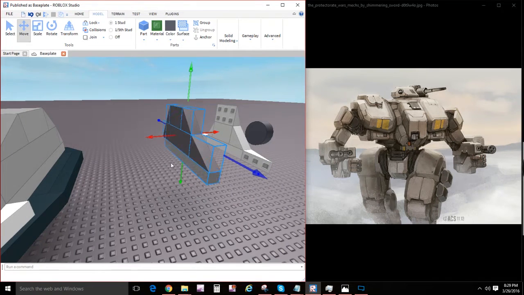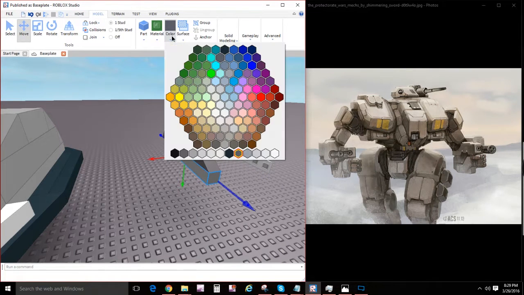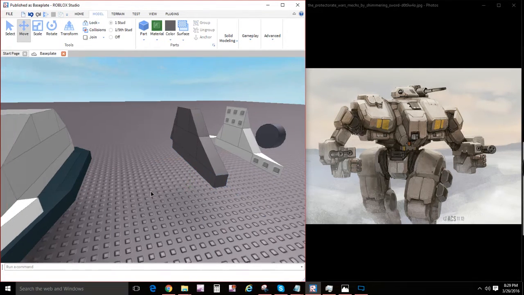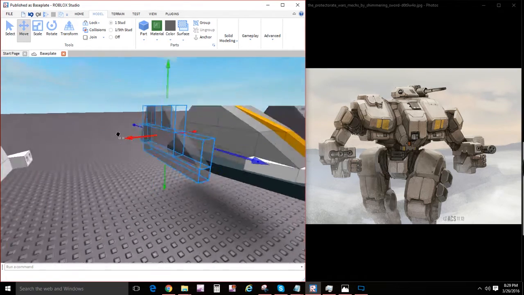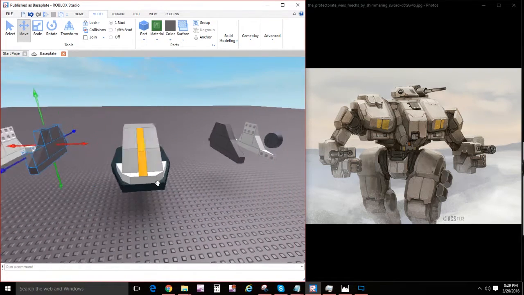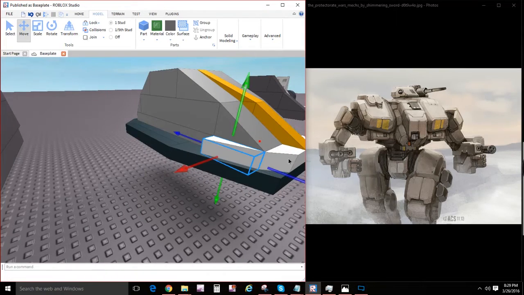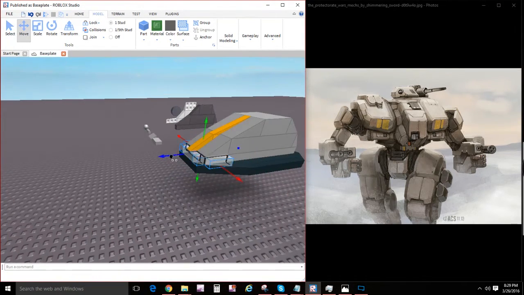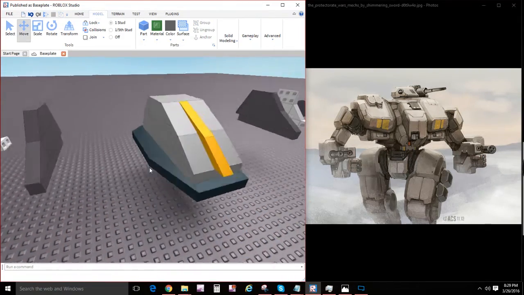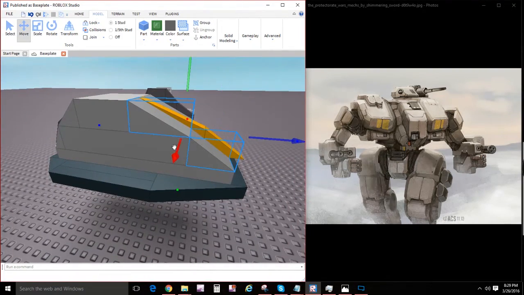Actually, technically this part should be colored gray. There we go. Color it gray. Although no one's gonna really see it anyway, so, you know. But I guess for peace of mind and for OCD, might as well change it. Cool. Alright, everything seems to be working out so far. So far, so good, guys. Right,